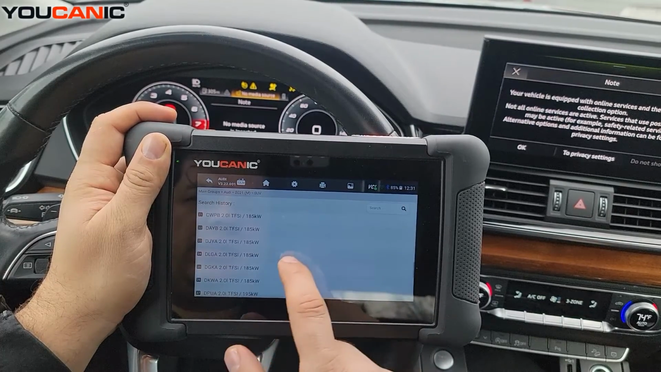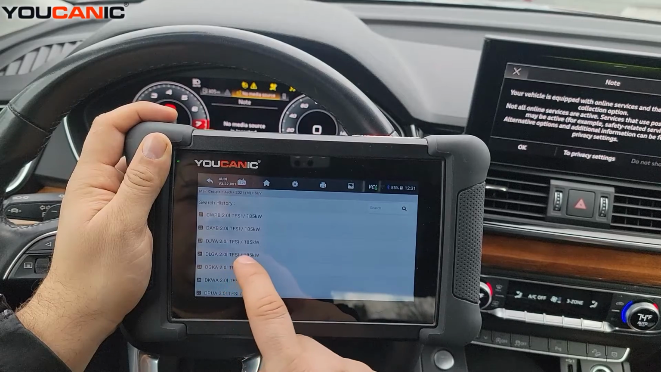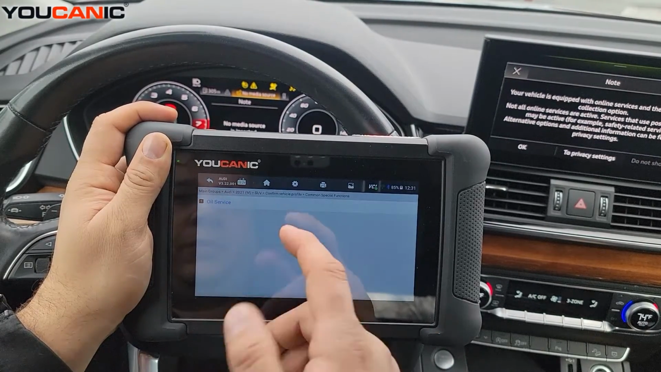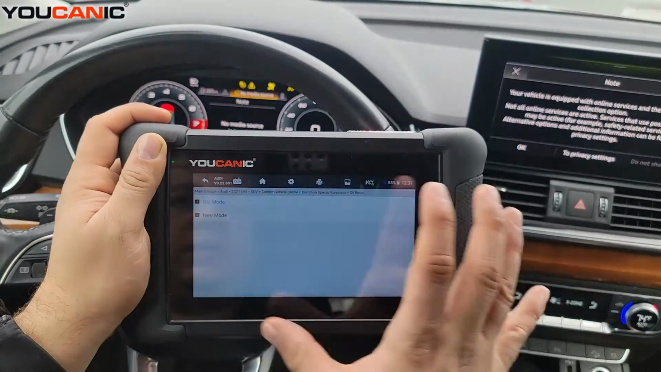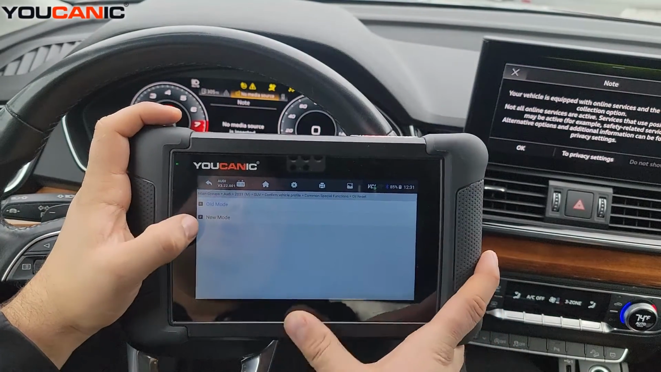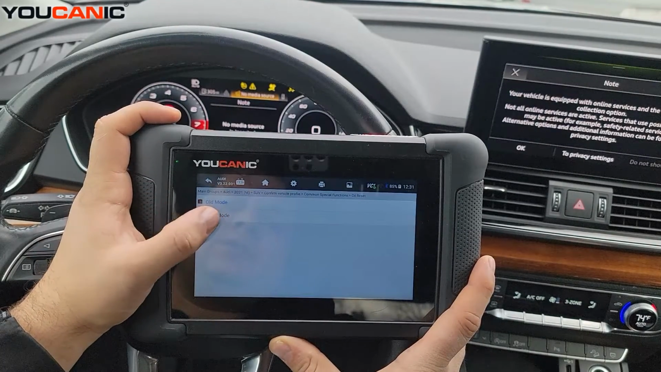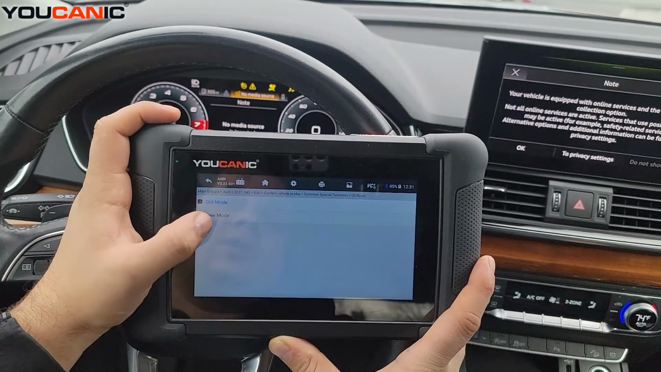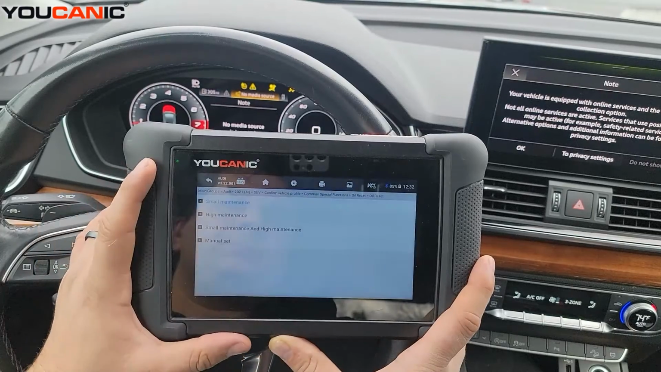Here we just select the engine type. Here it's a 2.0 TFSI engine, so press OK. Then reset service. And then new mode or old mode, I recommend first starting with the new mode. There's two ways to do it. That works in most cases. If it doesn't work, you can try the old method, but go to the new method here, press OK, and